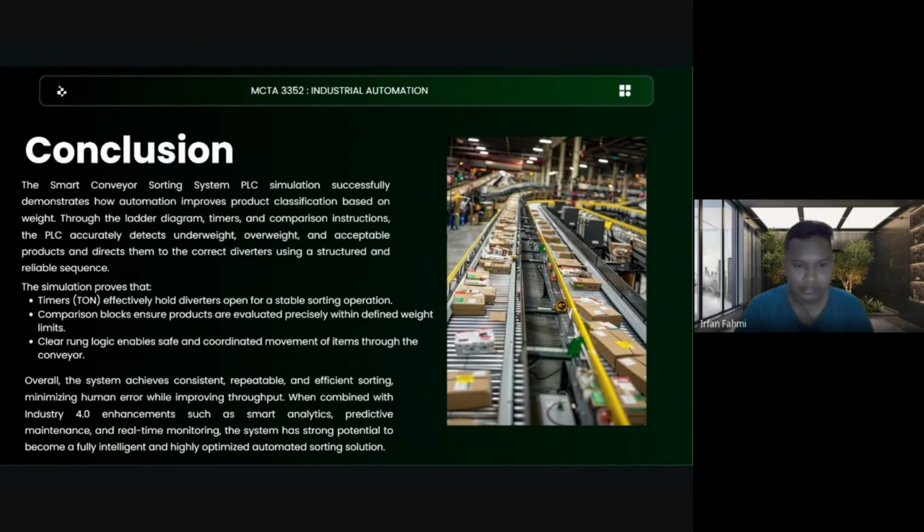Overall, this project highlights how the system achieves consistent, repeatable, and efficient sorting, minimizing human error while improving throughput. When combined with Industry 4.0 enhancements such as smart analytics, predictive maintenance, and real-time monitoring, the system has strong potential to become a fully intelligent and highly optimized automatic sorting solution in the long run. And that's